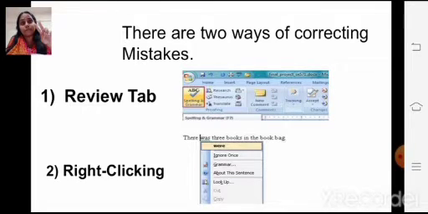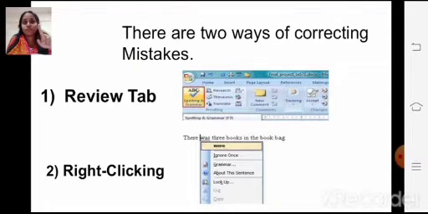You will get the correct word list, and out of that you select the correct word and click, and it will come in your document. Now I will show it to you in this video.